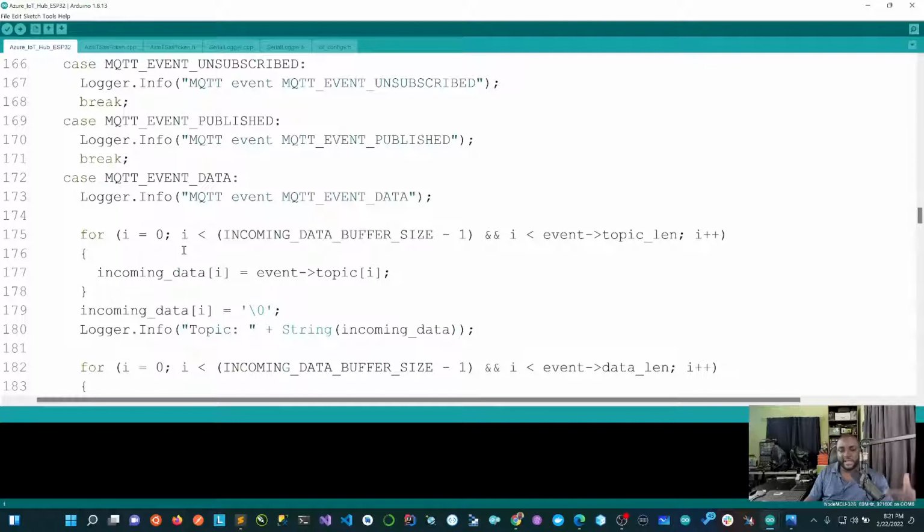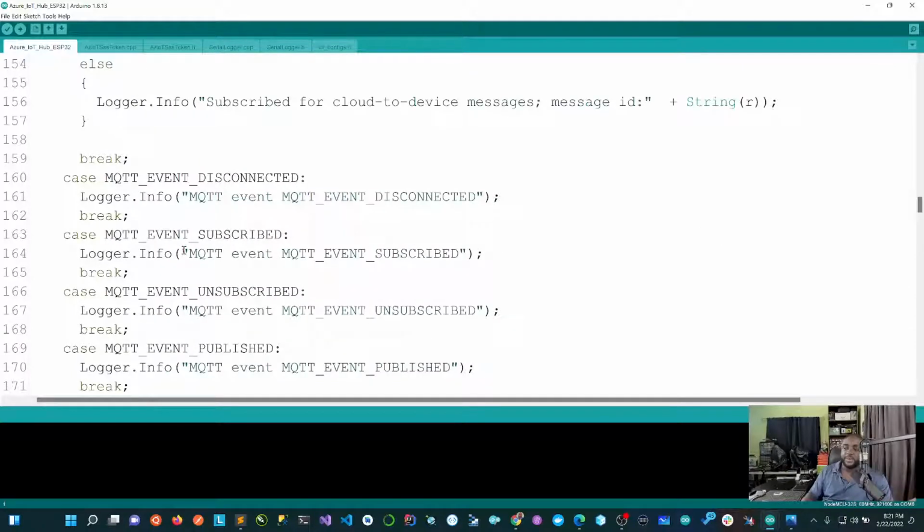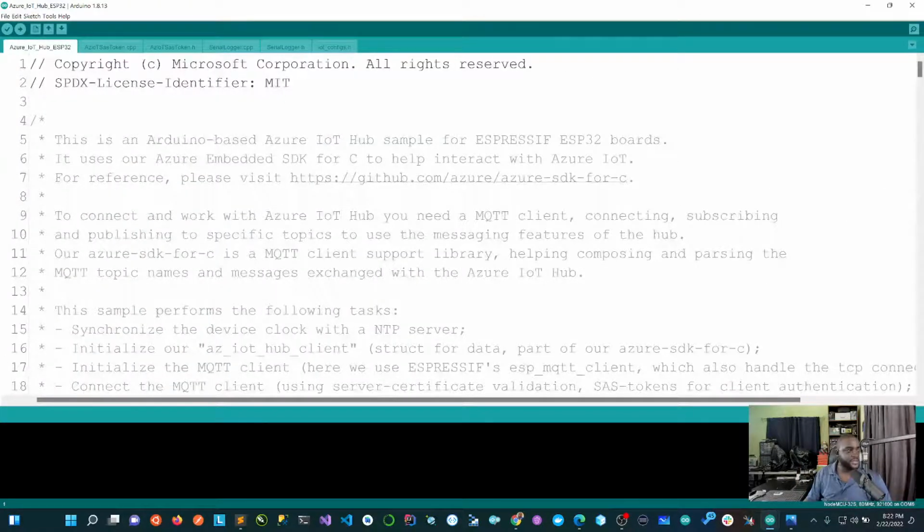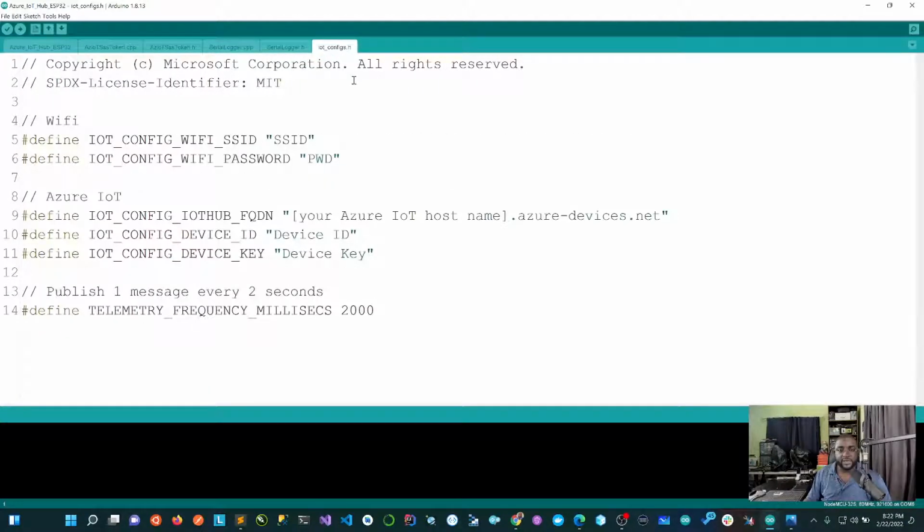And then in the last episode in the series, next week, we're actually going to set up sensors physically on the device and have it respond to commands from the cloud and vice versa. All right, so this is it. One of the key things we need to look out for is the IoT configs,